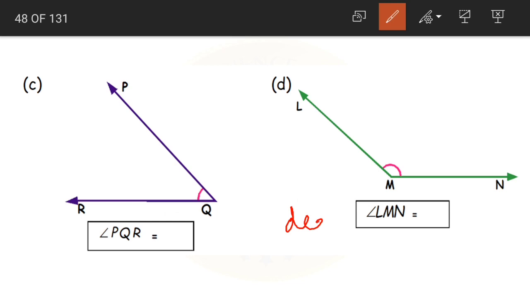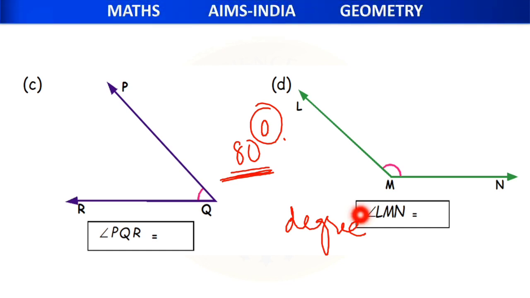And again, how do we write the angle measure, children? We use a degree as a unit of measurement. Suppose the angle is 80 degrees. So how will we write it? We'll write the number 80 and then we'll place this symbol here. So this is read as 80 degrees. Degree is the unit of measurement for our angles.